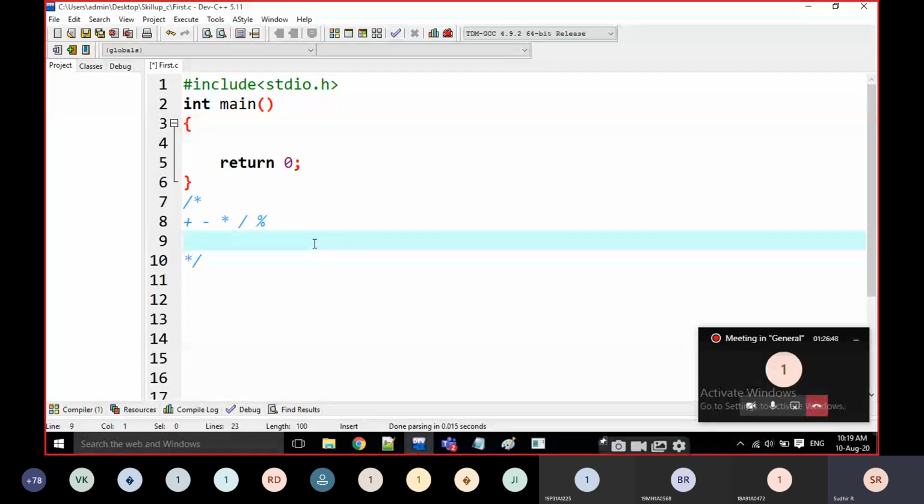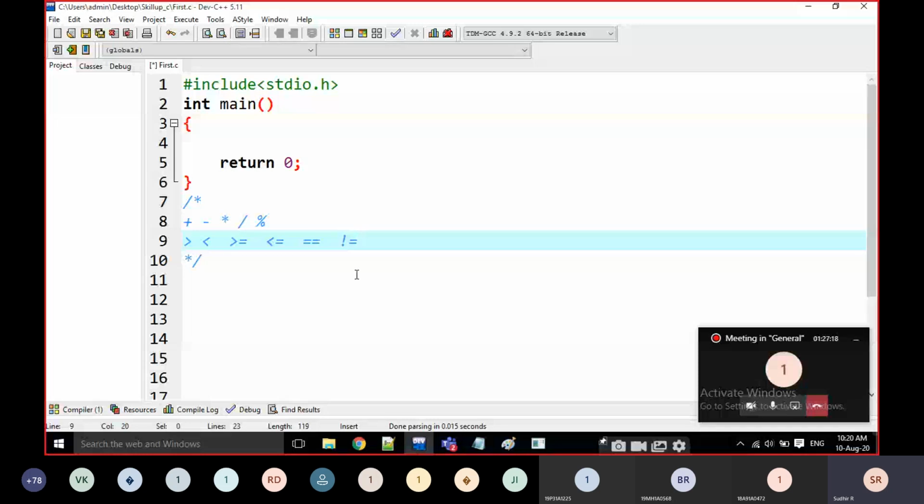And the next one is relational operators. Greater than, less than, greater than or equal to, less than or equal to, and double equal to, that means is it equal or not, and not equal to.